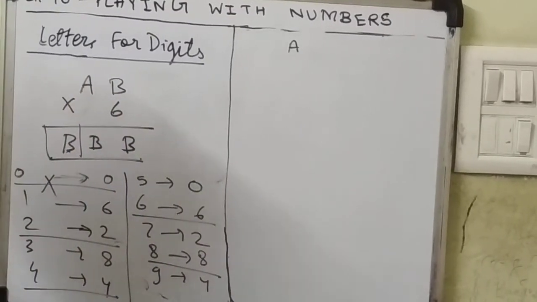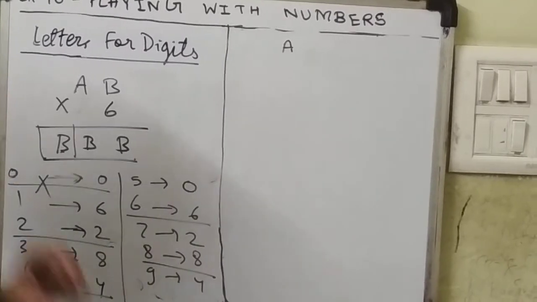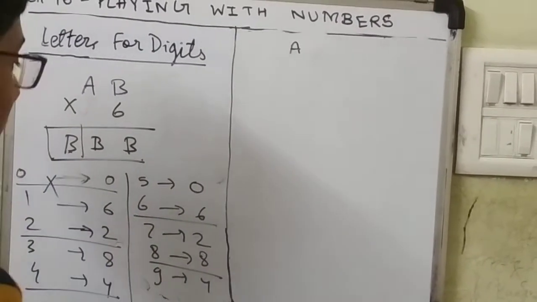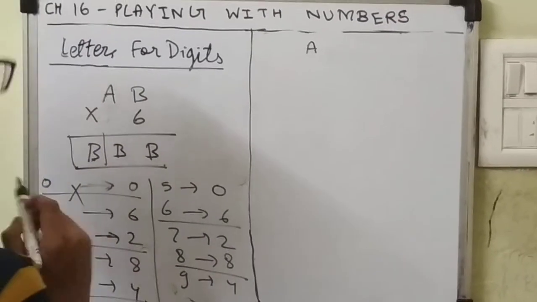In such a way only you have to solve such a problem. There is no definite way. You have to search for possibilities. You have to use your own brain to solve this. Now the next possibility is this one.